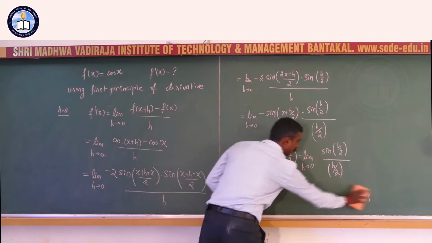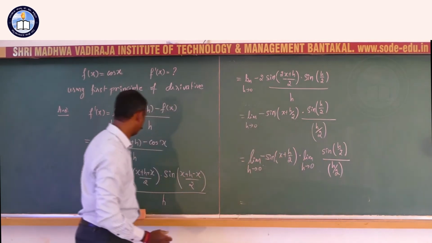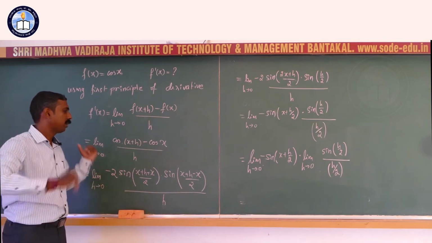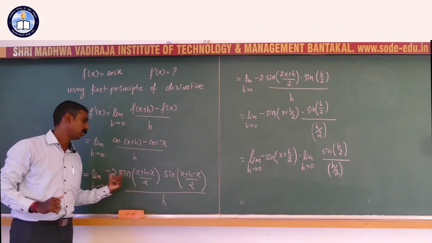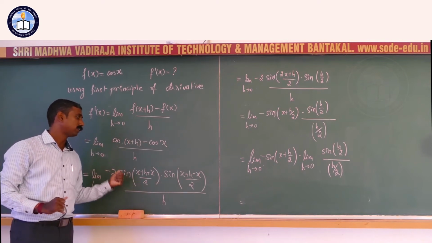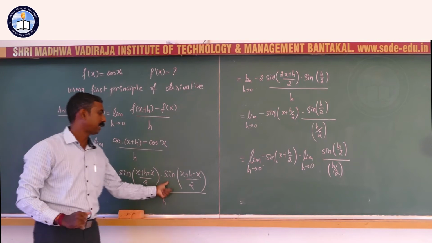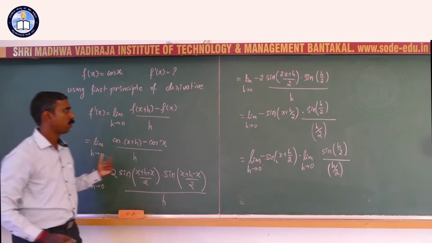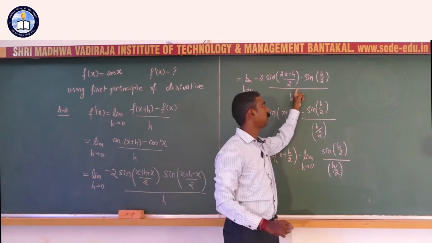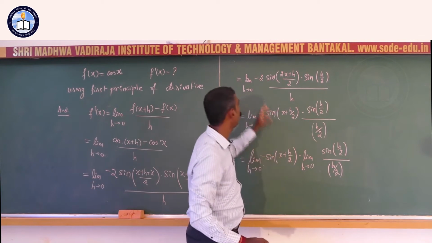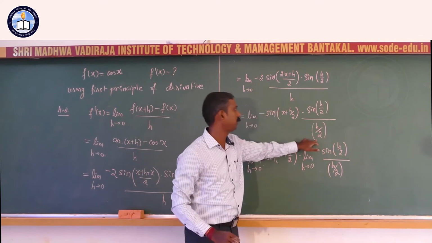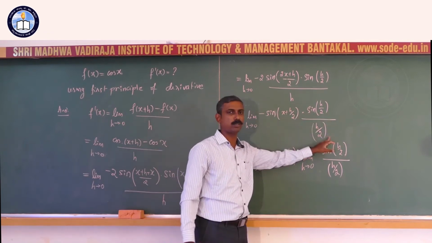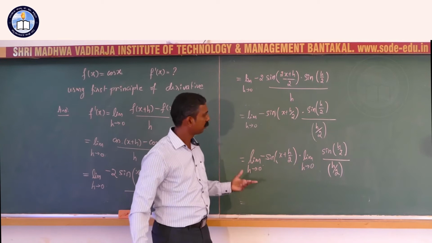Let us verify this. I simply replaced cos by sin, that is all. According to the formula, the cos difference becomes negative sin: minus 2 sin of a plus b by 2 into sin of a minus b by 2, whole divided by h. So, minus 2 sin of x plus h by 2 into sin h by 2, whole divided by h. The 2 has been taken to the other side: minus sin of x plus h by 2 into sin h by 2 whole divided by h by 2, that is also fine.